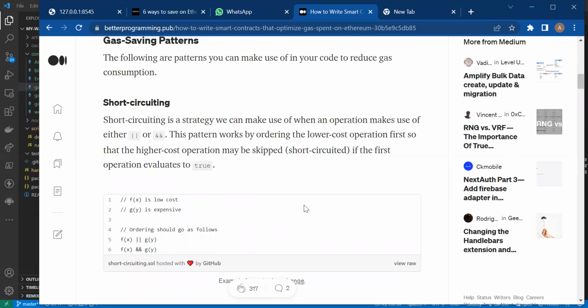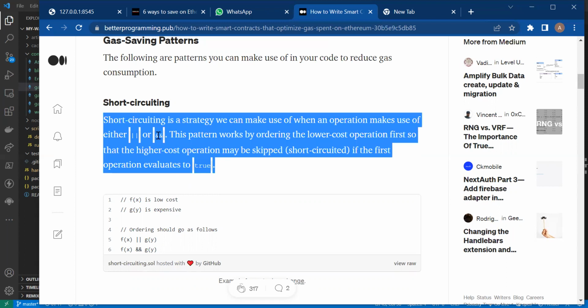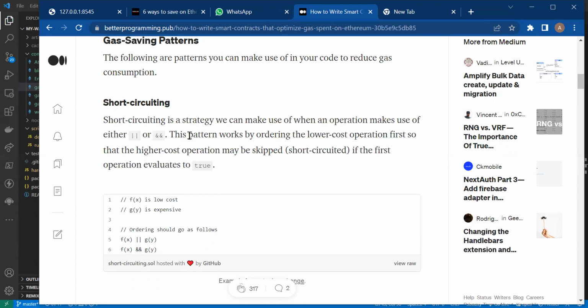So let's just look at the first one. It's called short circuiting. It says it's a strategy we can use when an operation makes use of either or and. So the first one is or, the second one is and. Okay, let me highlight it. This is or, and the other one is and. Okay, sorry. So this pattern works by ordering the lower cost operation first so that the higher cost operation is